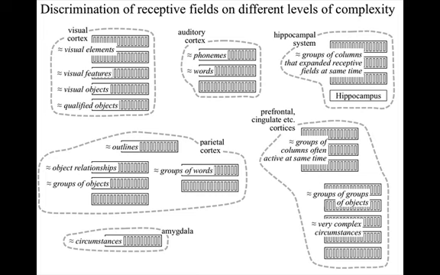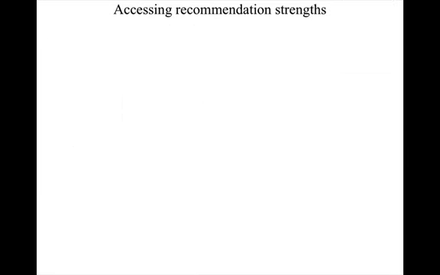And discrimination means that recommendation weights in favor of different behaviors can be assigned in a way that ensures high integrity behavior selections at every point in time. But this means that the recommendation weights associated with a receptive field can only be accessed if the receptive field